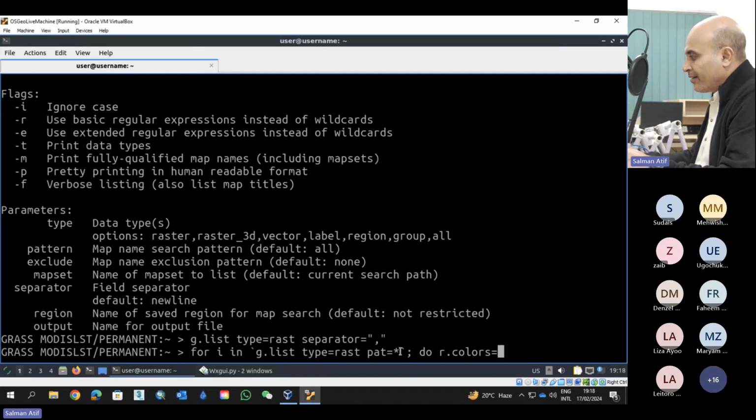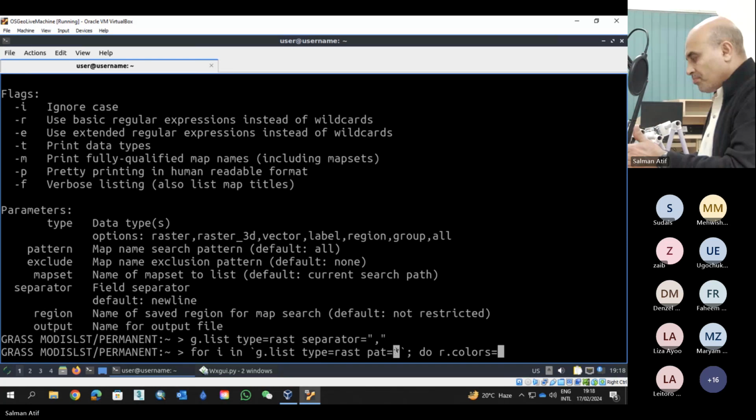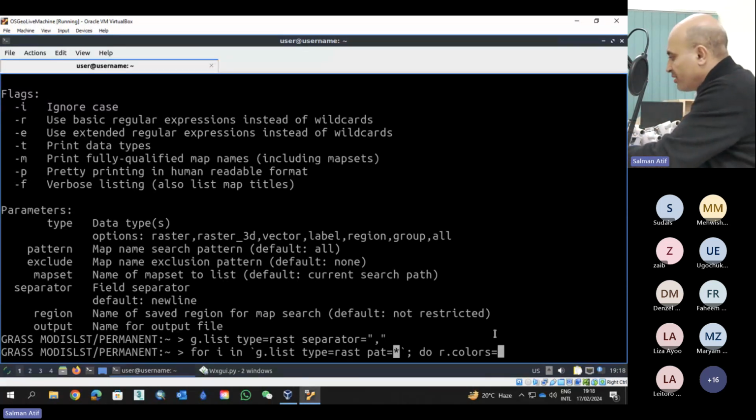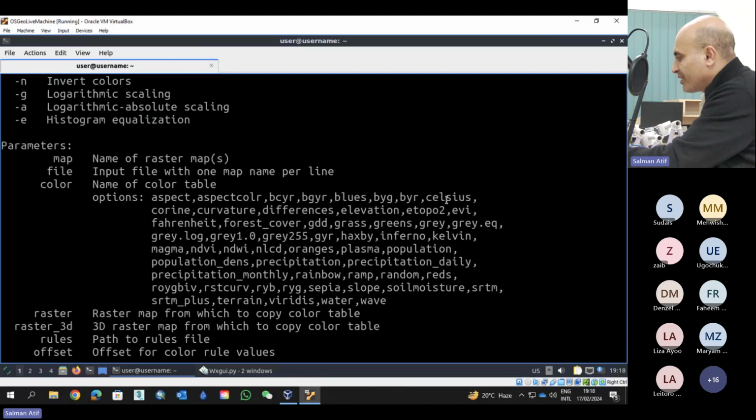If I had a different set of files, like LST and rainfall, both in the same data directory, I could select the rainfall separately and the temperature file separately, and I could assign them separate color tables. But right now I don't have to, so I'm just doing it for one. r.colors $I, and then for the color choice I'm going to go with Celsius,